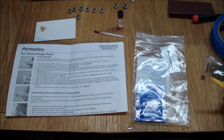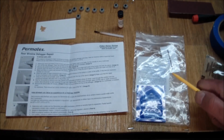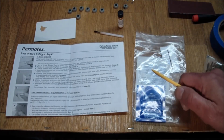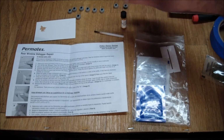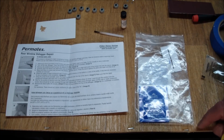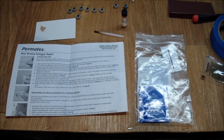So I was going to use the same thing. Makes things a lot easier. Just take the bottle and paint all of the carbon contacts with that. The problem is there's very little left in this bottle, not nearly enough to do the whole keyboard. And after a trip to the auto parts store, they told me that they no longer carry this. So you'll probably get it online, but